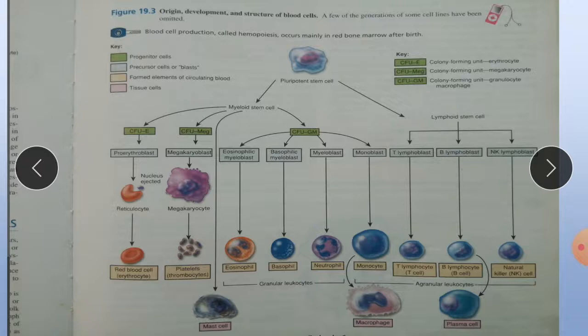Thrombopoietin, also called TPO, is the hormone produced by the liver that stimulates the formation of platelets. Thrombopoietin is responsible for stimulating the production of platelets from megakaryocytes, and several different cytokines regulate the development of different